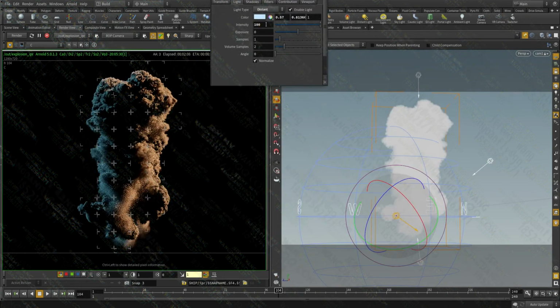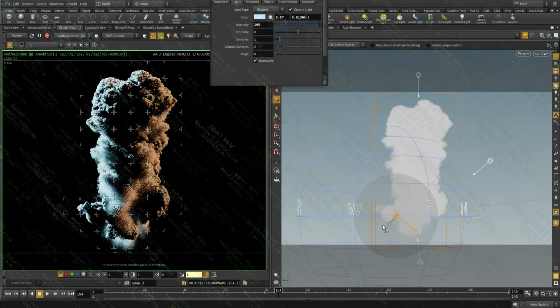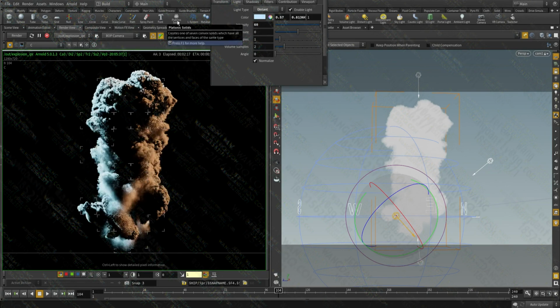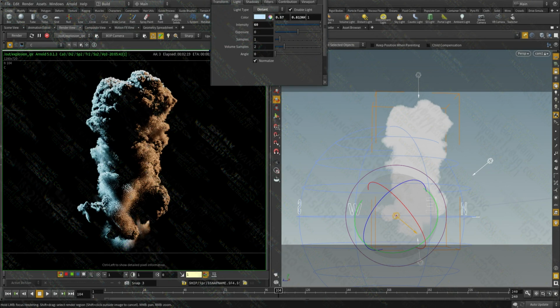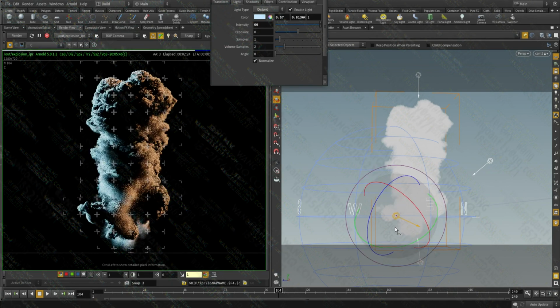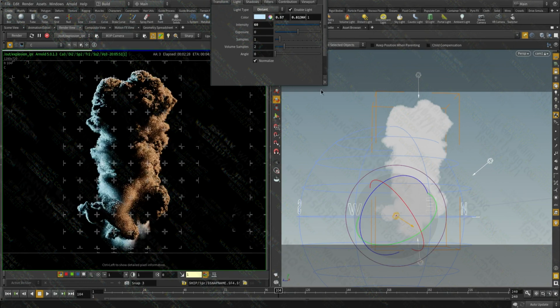And for this guy, I always increase the intensity quite high. It's probably too much. Let's try 60. And I don't want it to touch the top a lot. I want it to be more side to side. Something like that.